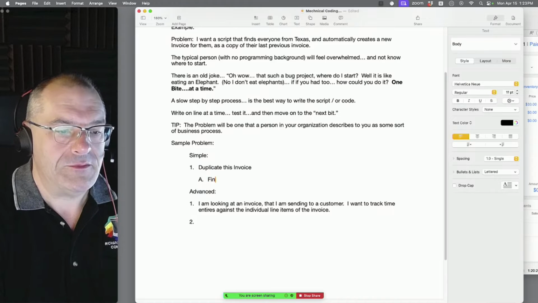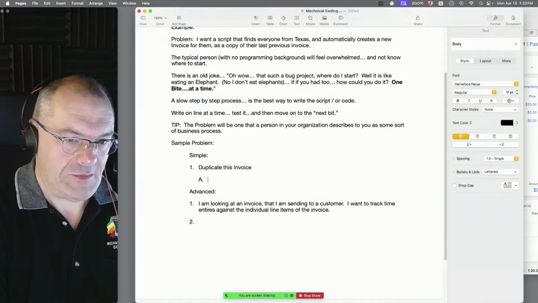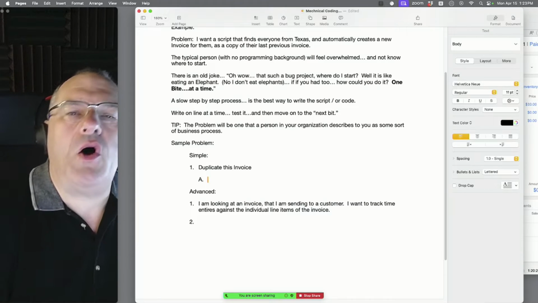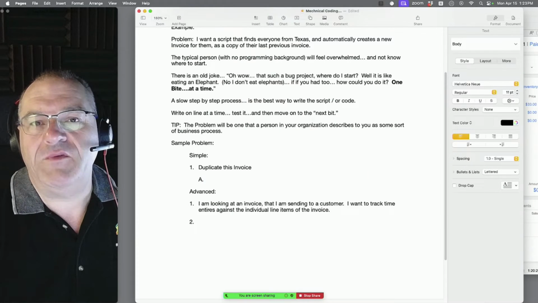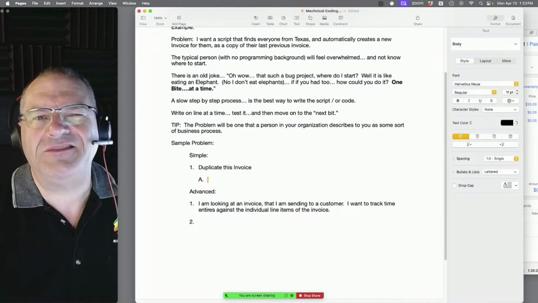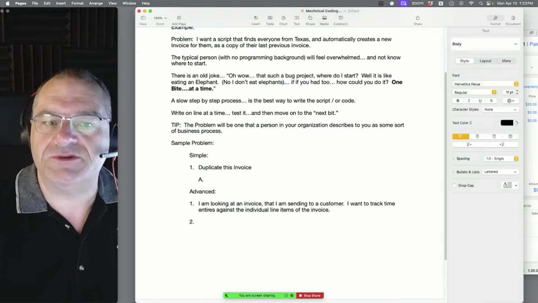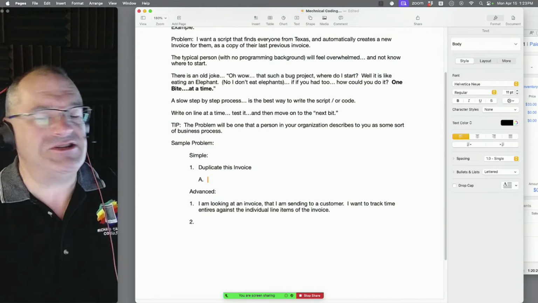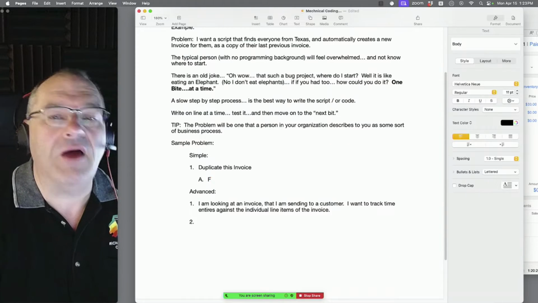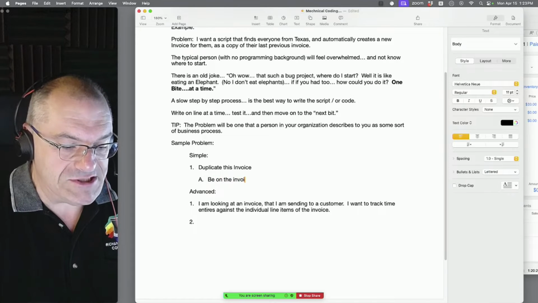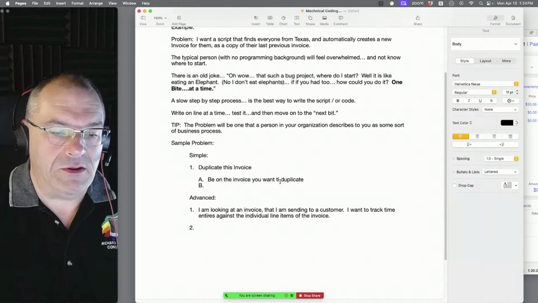Labo suggests setting variables. Jesse says we need to link the child IDs, but we need to grab the original invoice child IDs. But if Stan calls you from the office, you're not wrong, that's not the point. I'm trying to do it for beginners here, to get them to think about this in brutal, basic human terms. You're not going to tell Stan, who doesn't program, it's not his job, how to do it. Well, first you need to find or be on the invoice you want to duplicate. And then step 2 will be what?